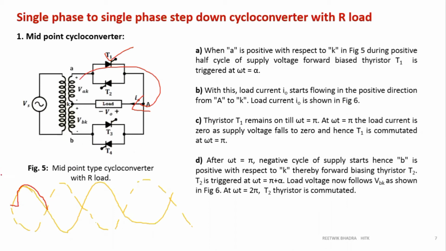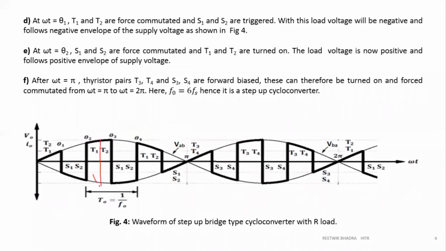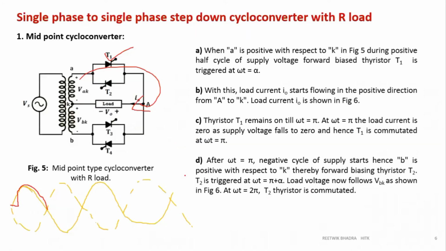You could have made alpha equal to 0, no problem. But since we have to utilize, we can show the variation of output voltage also. So that's why we are showing it as alpha over here. One thing more what I should say, the maximum value of this voltage remains same. See, it is not exceeding the supply voltage peak. That's why I told in front at the first, the peak voltage remains constant. Over here also peak voltage will not change. Average and RMS will change obviously. Peak voltage will remain constant.